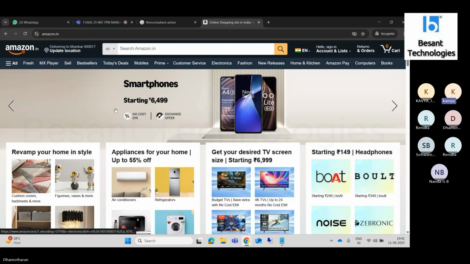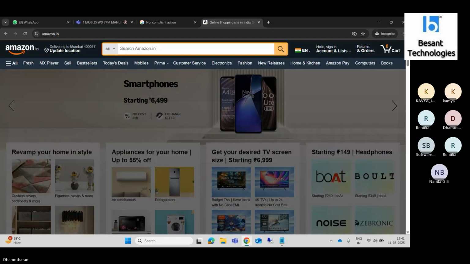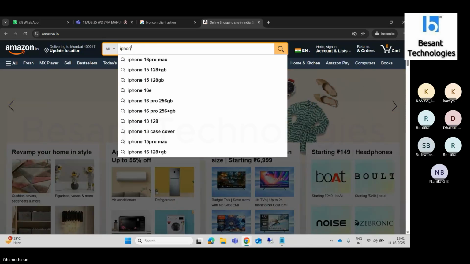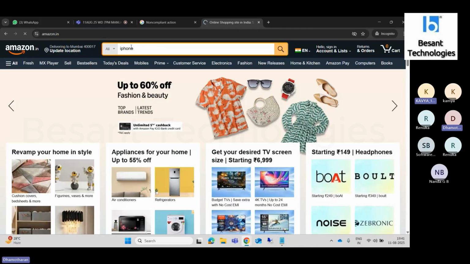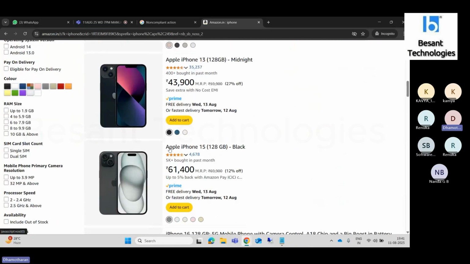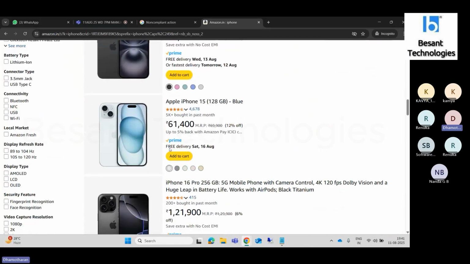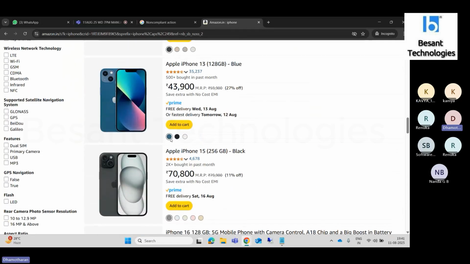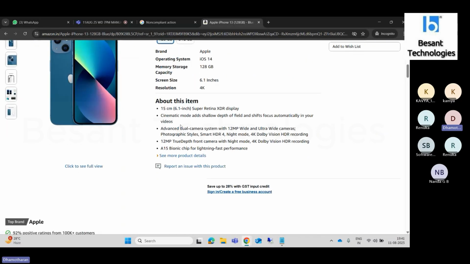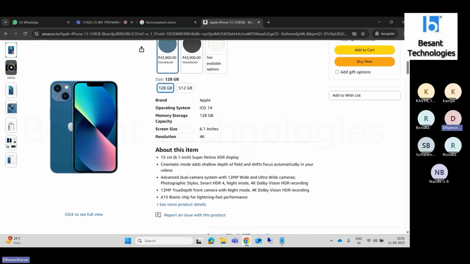You have to go to this icon, mobiles. You can search from here also, right? For example, I want an iPhone, so searching iPhone. If I search, what is happening? You are able to see the search results as iPhones. Then I like this blue color, so I choose this. It navigates to another page, showing the specification of the phone, how much height, weight, everything.